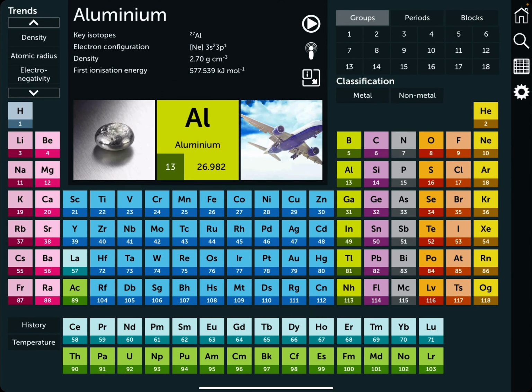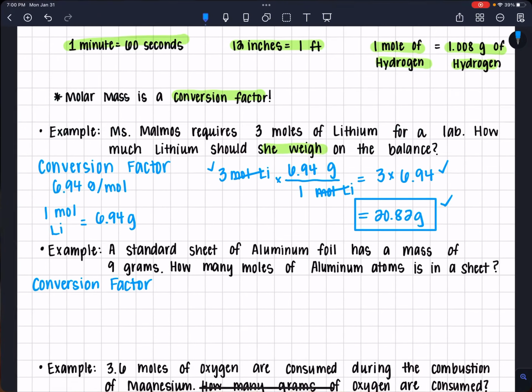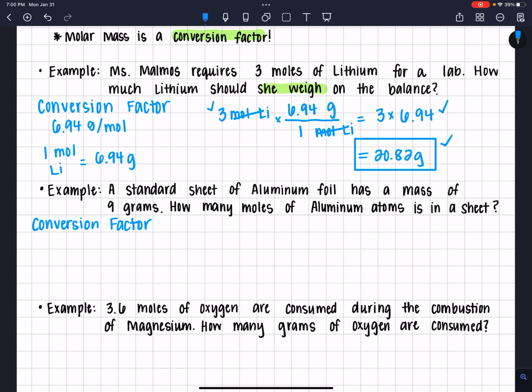Aluminum is the 13th element, Al. Its atomic weight is 26.982. So that means that its molar mass is 26.982 grams per mole, which means that 1 mole of aluminum is equal to